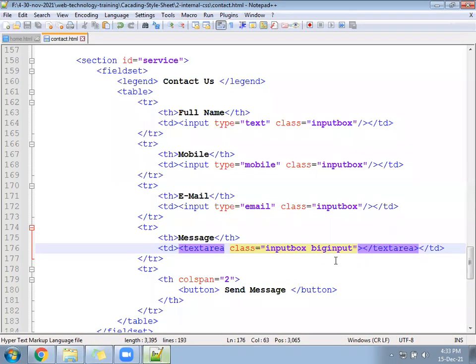Multiple classes we can call separated by a space. Clear? So how the height got increased?